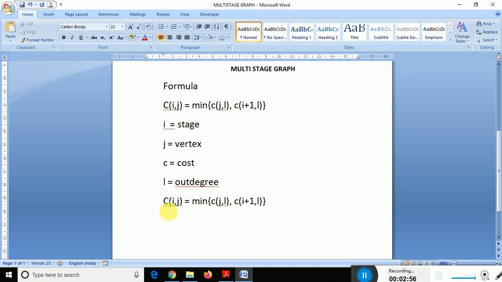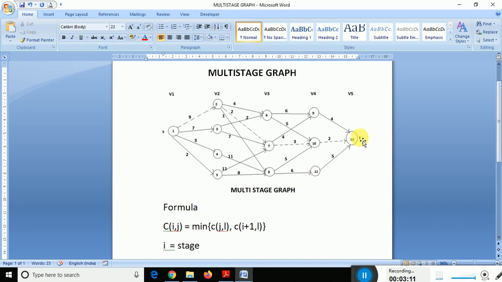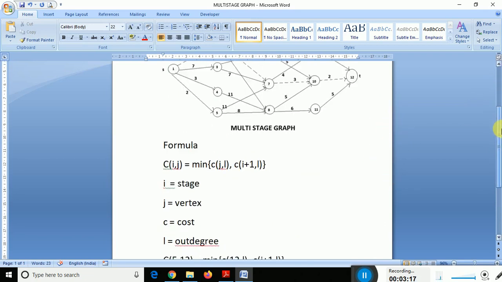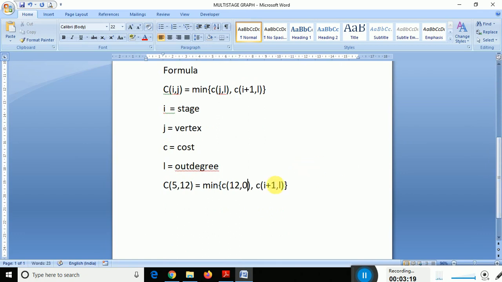So here, C of, this is stage 5 and here is 12. This is I, this is J. So the J value is what? 12. And out degree of J, is there any out degree, is any vertex connected outside here? No. So what you have to do? 0. And here this is I, 5. So 5 we have to keep here, and out degree is what? 0. So like this. After that,